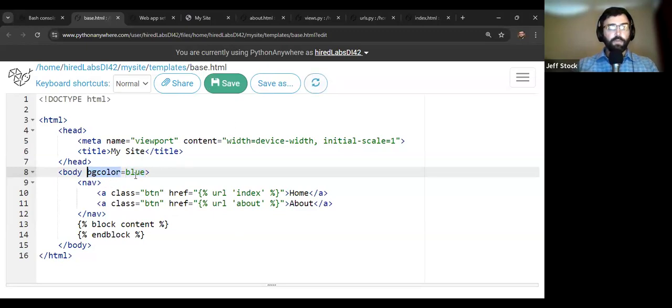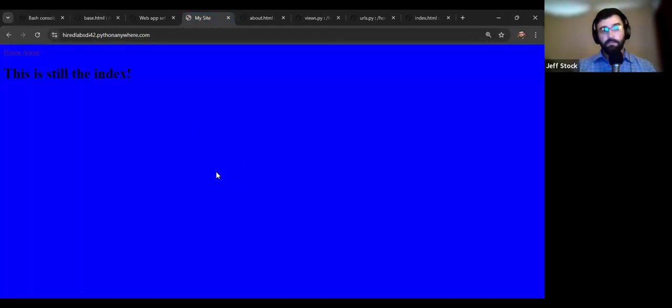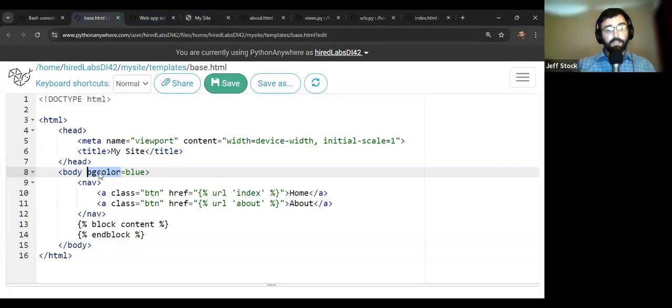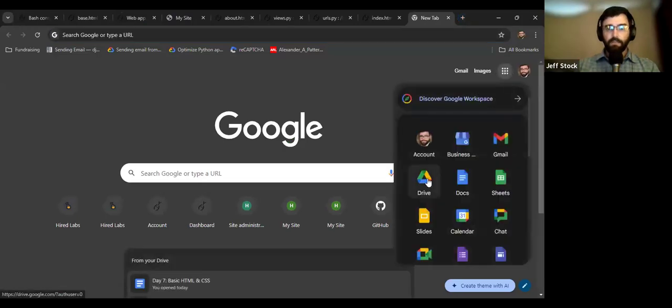You say what attribute you want to change, and then you give it a color. And there's our lovely blue site. So the way we did this, again, is we just called out the attribute we wanted to set, and then we gave it a color. Now, another way we can do colors besides words, because that's a little bit clunky. Say you want to get a particular shade of blue. You're not doing a third grade art project and you want some more complex colors. I meant to get this